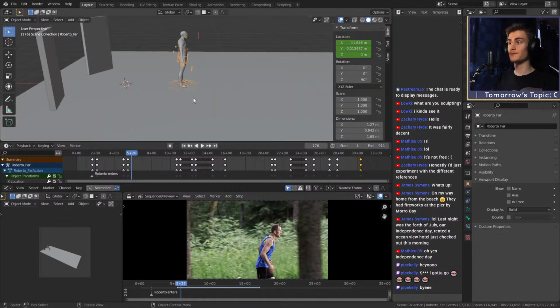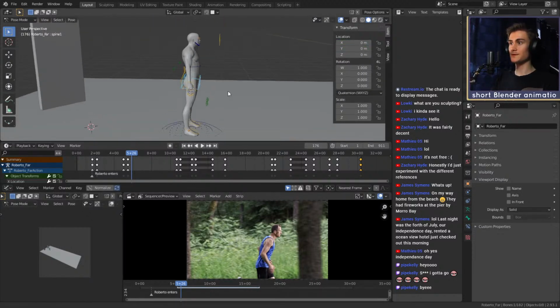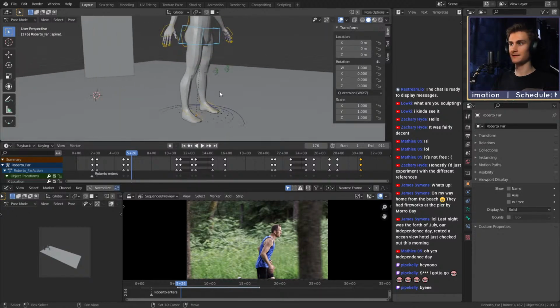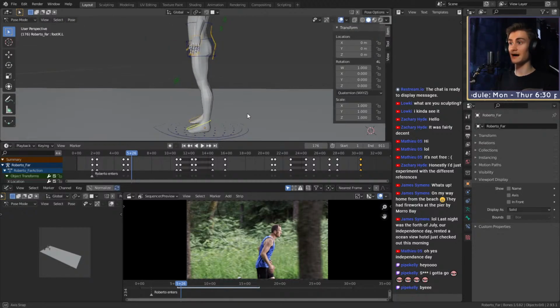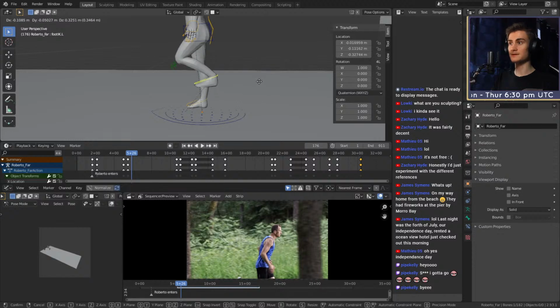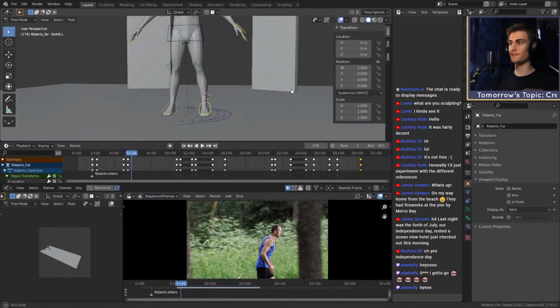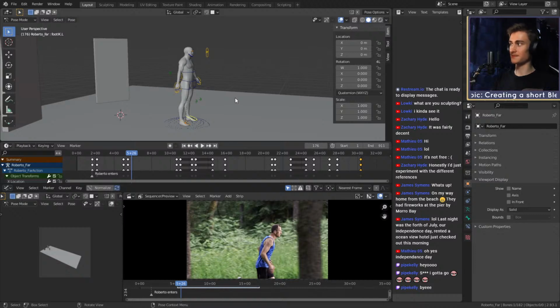So let's begin with the animation. We basically now just trace his movement onto Roberto. This is of course the name of our character. What I like to begin with is the base of the character. We have multiple handles that we can move. We can have the knees right here. We have the foot. We also have IK movement for the rig, meaning if I move the foot, the knee will basically react accordingly. So yeah, I don't want to talk about the setup of the rig too much, but